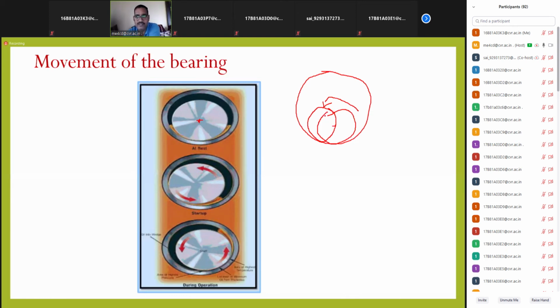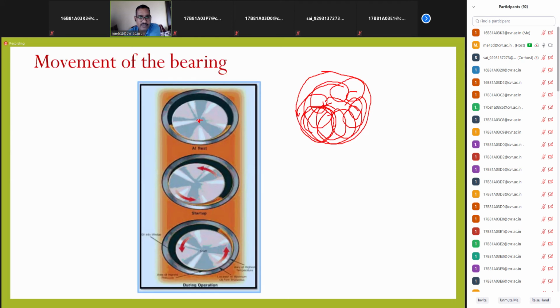So whenever we switch on the motor or any machine, this shaft will try to roll onto the bearing, right? Then what happens? After a few seconds, it will roll back. If it is a full journal bearing, it will be rolling on, right? We will discuss the complete philosophy in the next hydrodynamic section. This is how the movement will be.